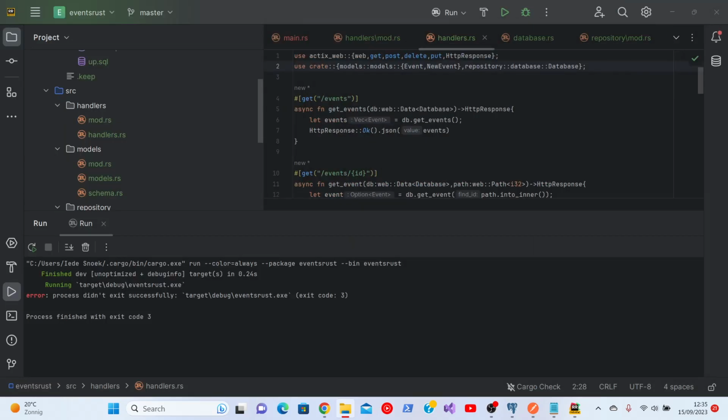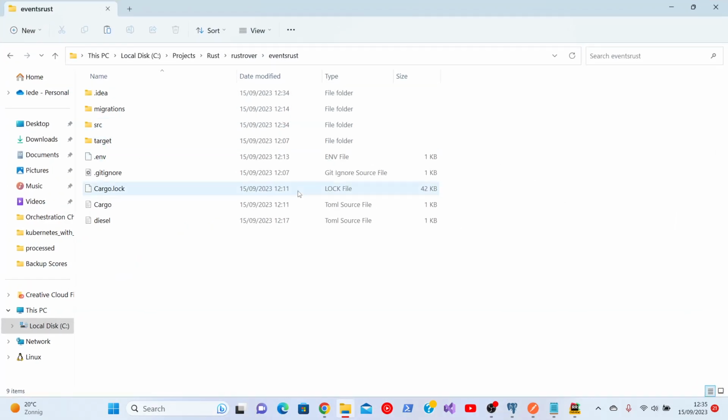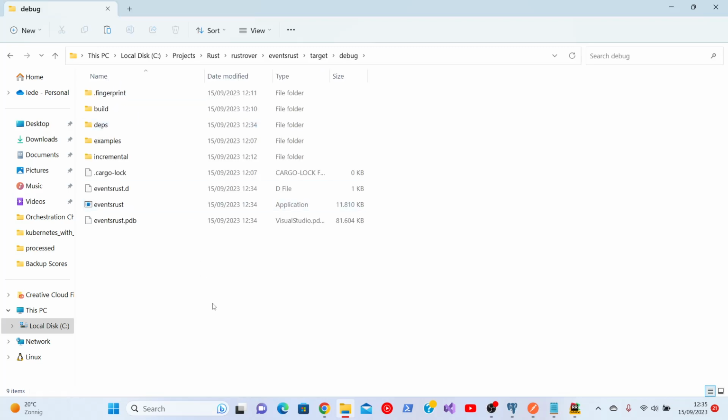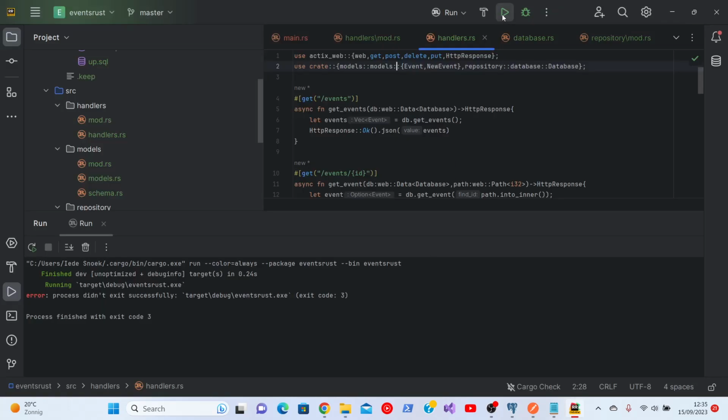is copy this. I'll put the link to the solution and the link to the download in the description of this video. You go to Projects, Rust, RustRover, sorry, you couldn't see it. Project RustRover, basically where I put my project, in the target, debug, and just copy it. Just 94K, not that big. Now if I run it now,